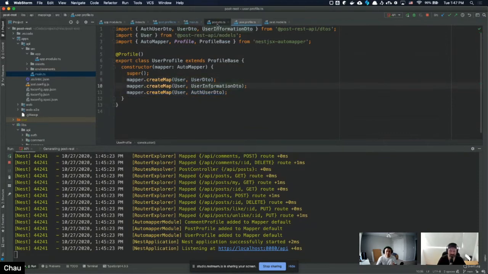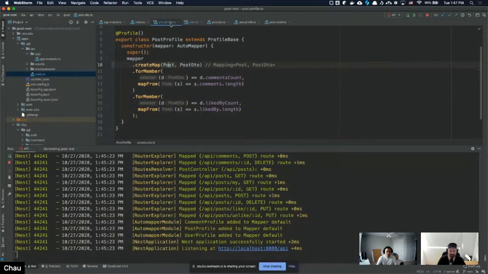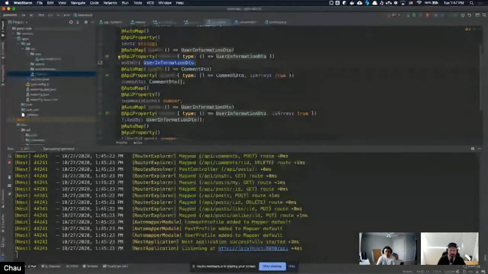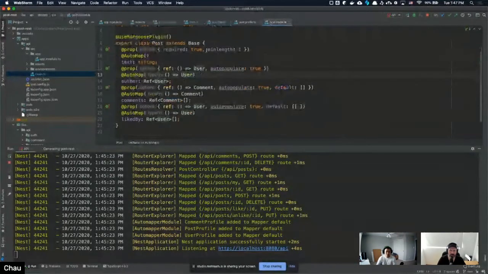So when AutoMapper tries to map the author on the post DTO, it will say, okay, I have the UserInformationDTO. I know this is my destination. I need to look for my source. And on the post, that is the source. So I have the destination and the source. I have to look for the mapping between the source and the destination. If I find that, I will map it. If I don't find it, it will say, hey, it's missing mapping configuration,